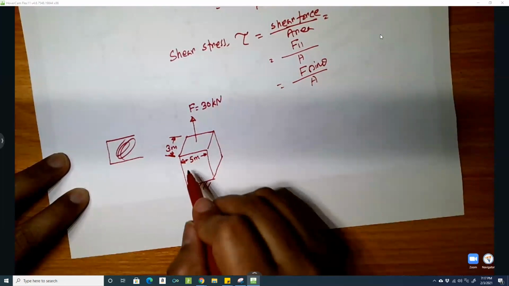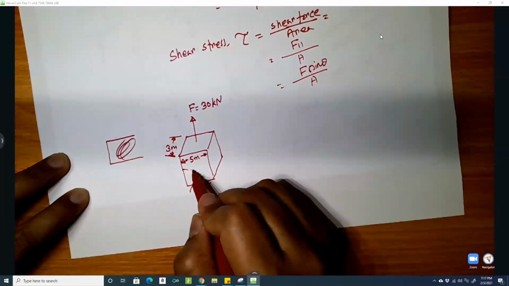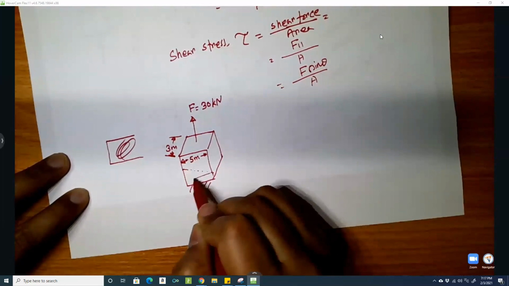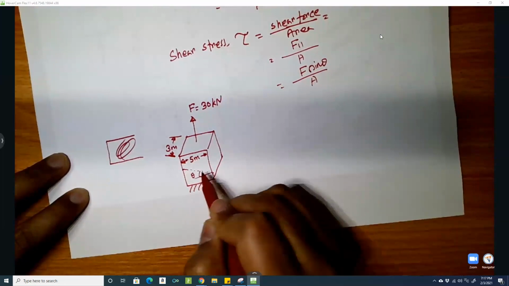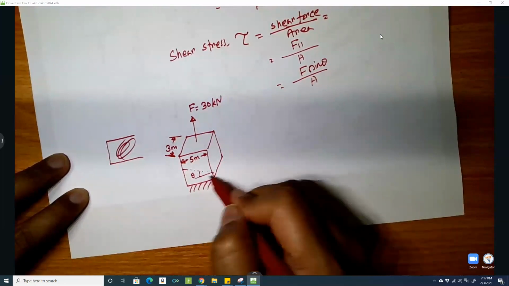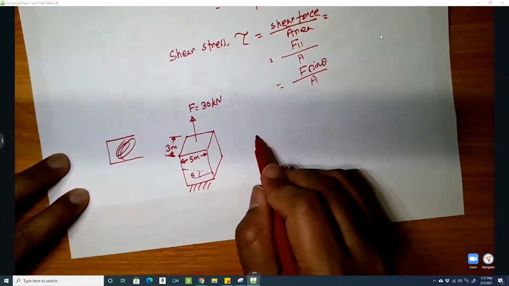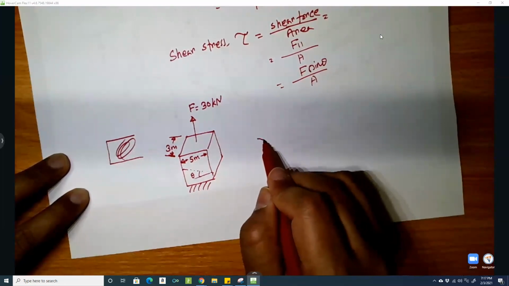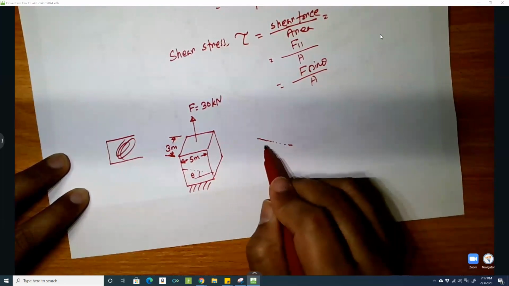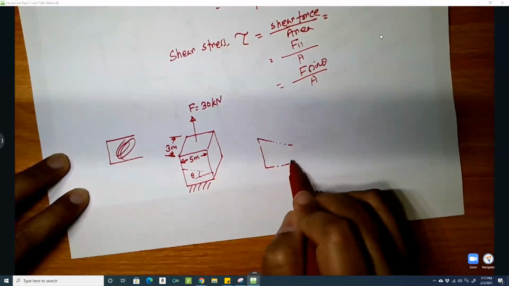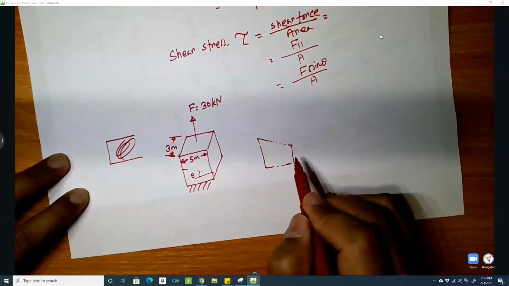So what is the stress in a plane which is at angle theta to the horizontal? So if I draw a free body diagram of this,